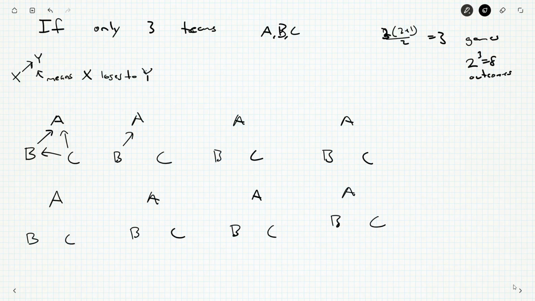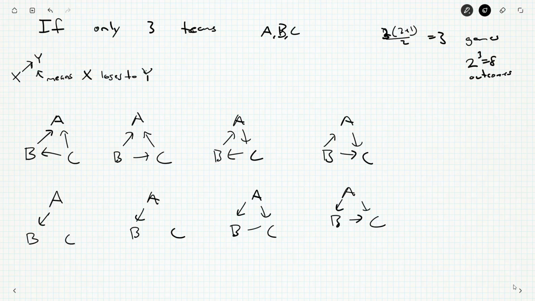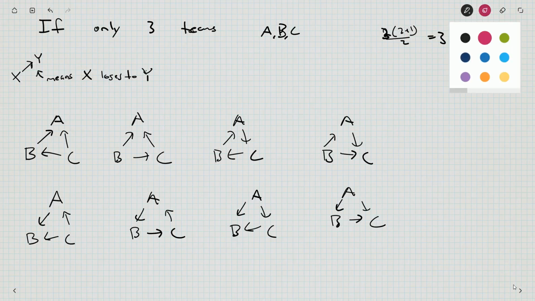A wins both, and then C wins. A wins, and then A loses, and B wins. A wins, A loses, C wins. Now we've got loses, loses, loses, and we'll just repeat everything else we saw above. Okay, so that actually wasn't that bad to enumerate them all. So now let's look for